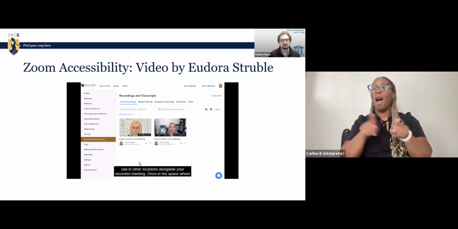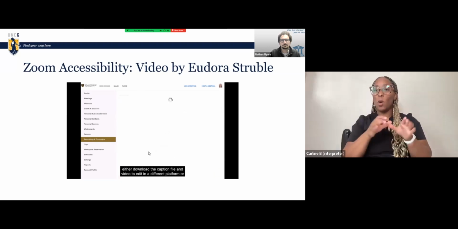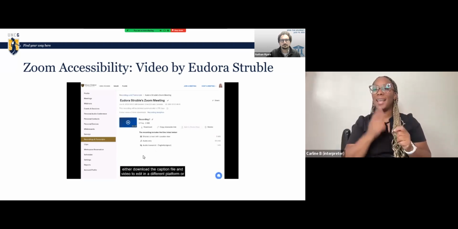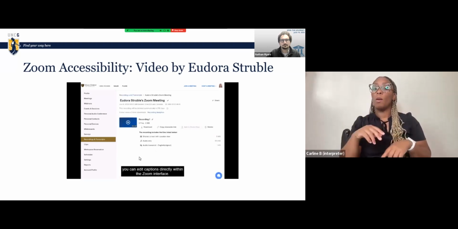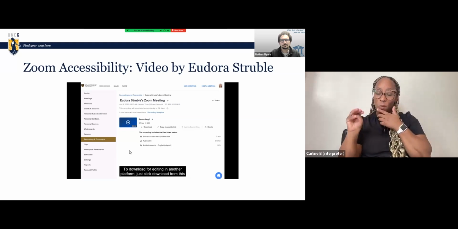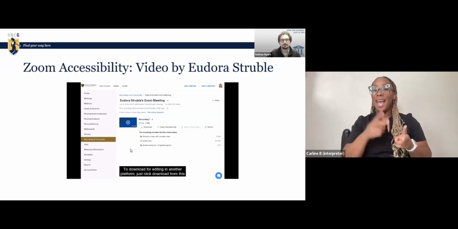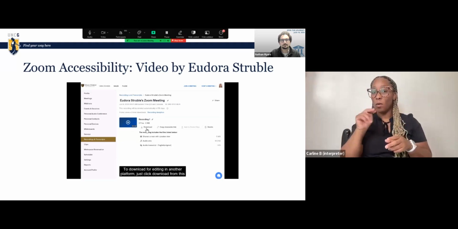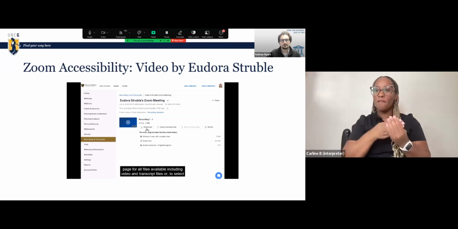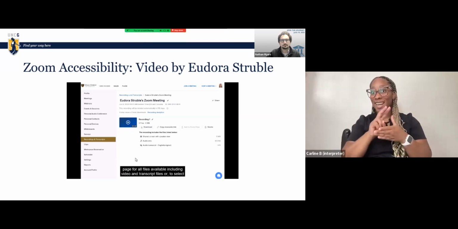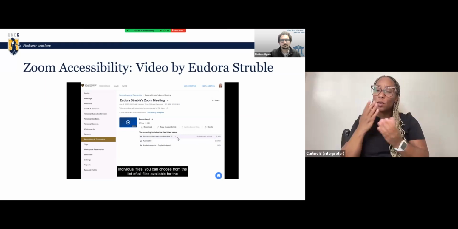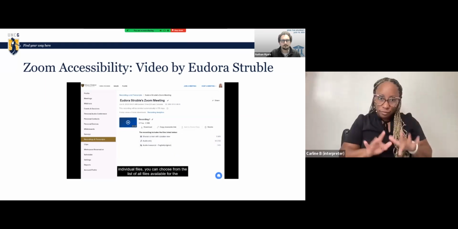Once in the space where your Zoom recordings and transcripts are stored, you can click into a recording to either download the caption file and video to edit in a different platform, or you can edit captions directly within the Zoom interface. To download for editing in another platform, just click Download from this page for all files available, including video and transcript files. Or to select individual files, you can choose from the list of all files available for the recording. To edit your captions,